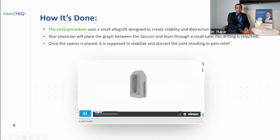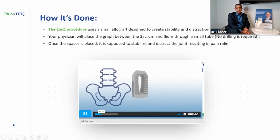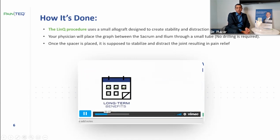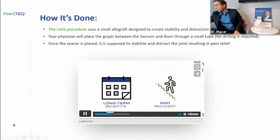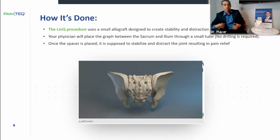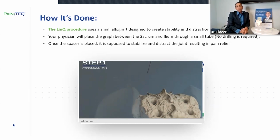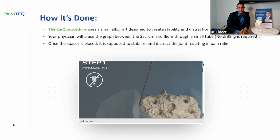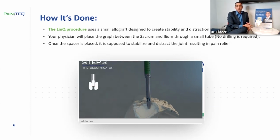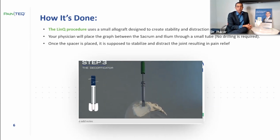PainTech's LinQ is an innovative way to solve patients' SI joint pain, using SI stabilization with a minimally invasive medical procedure. Patients get long-term benefits and faster recovery than other SI fusion methods. The process is broken down into 4 steps. First, the Steinmann pin is inserted into the SI joint, between the sacrum and the ilium. There is no drilling involved. Next, the tissue dilator and working cannula are inserted, creating separation in the joint. Then, the broach rasp is inserted to create room for the LinQ allograft to fit comfortably and at the same time initiate decortication. The broach and rasp are removed with a simple unscrew, reverse hammer, and pull